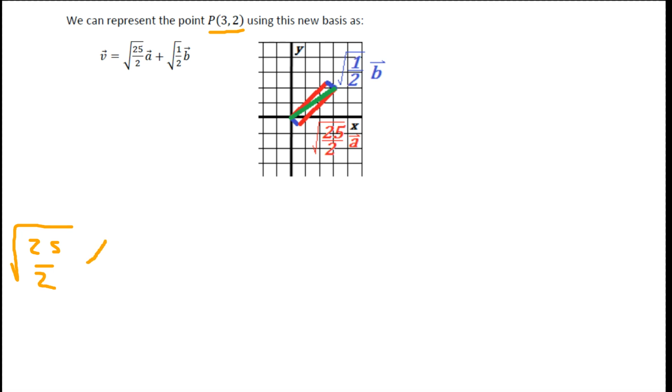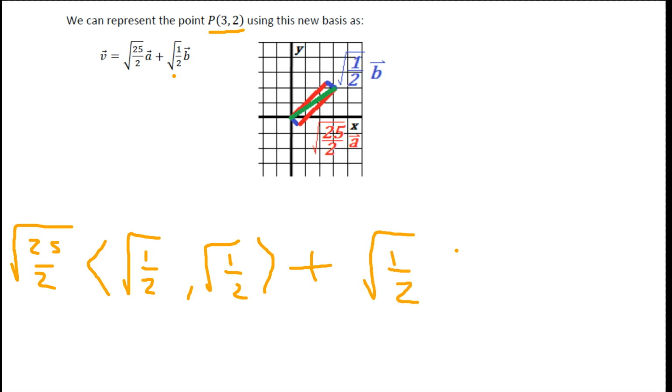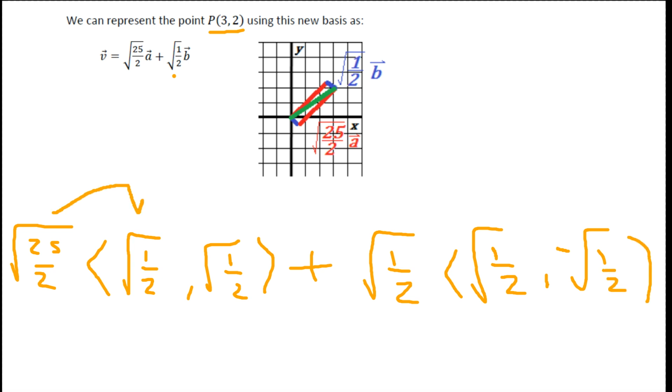So root 25 over 2 times my vector a, which is (√(1/2), √(1/2)), plus my scaling factor for b, root 1/2, times vector b, which was (√(1/2), -√(1/2)). And the same thing we did before, we're going to distribute